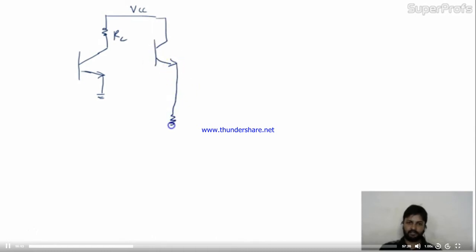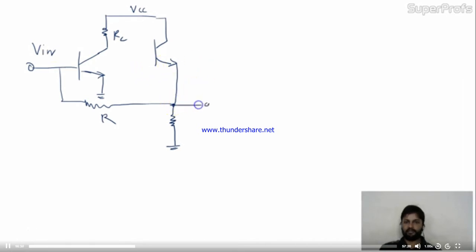Over here, this is load and the feedback is going to this circuit like this by R. Vin over here and Vout over here. This is load given. Friends, now the question is, the feedback amplifier shown in the figure has current series feedback,